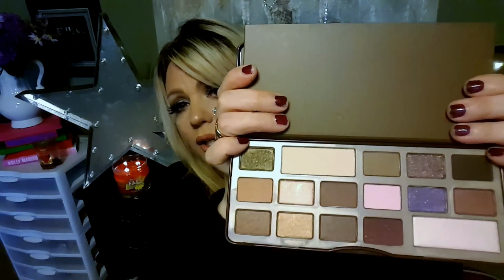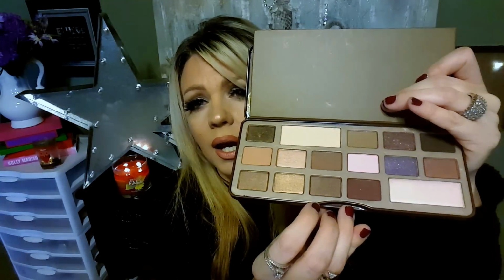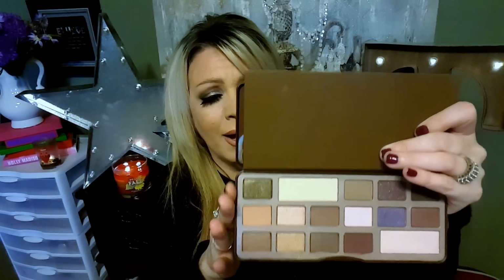Okay, look at this palette. I love warm colors. This palette is so me. One thing I hate about this palette as opposed to the part 2 and the part 3,